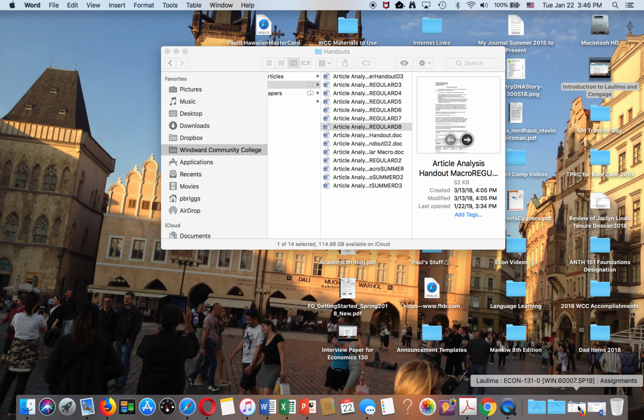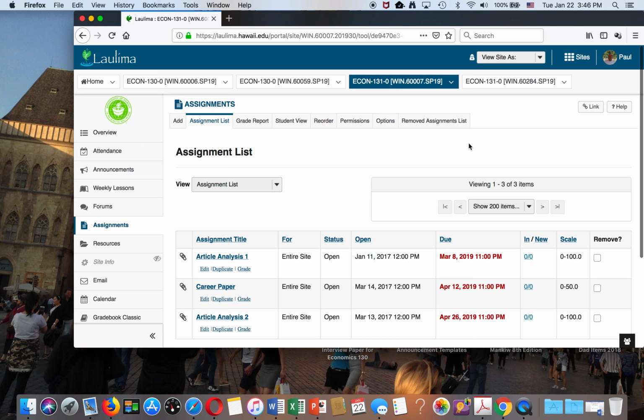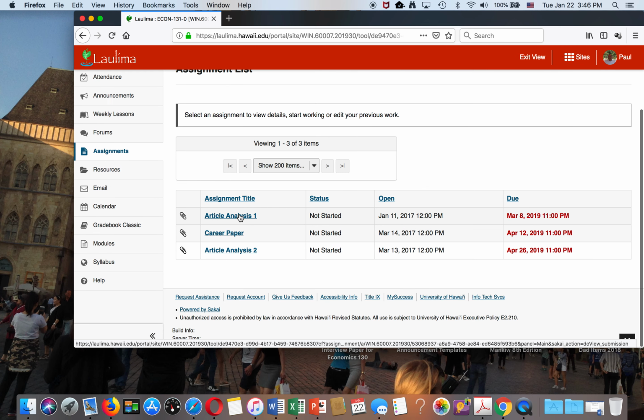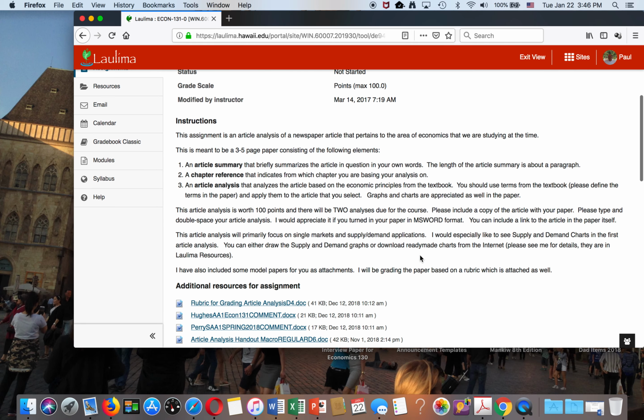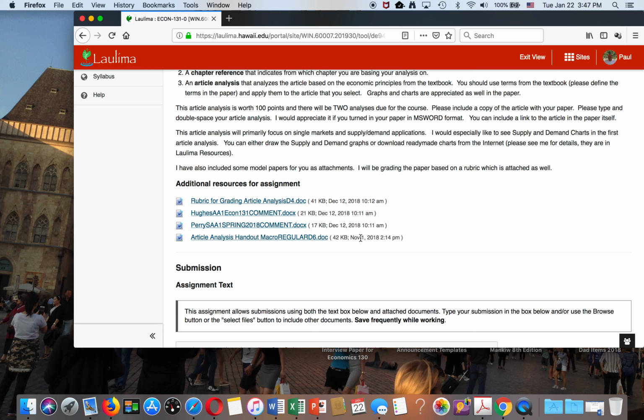Okay, now here on the Laulima site, here is the article analysis. Let me go to student view. There we go. And here are some brief instructions, basically what I've just been talking about. And then we have some additional resources, the rubric I just mentioned, and the handout itself. And in addition, I have 2 papers that were turned into me previously that were very, very good. So you can use those as a